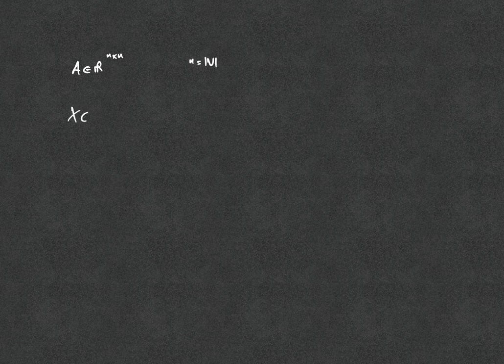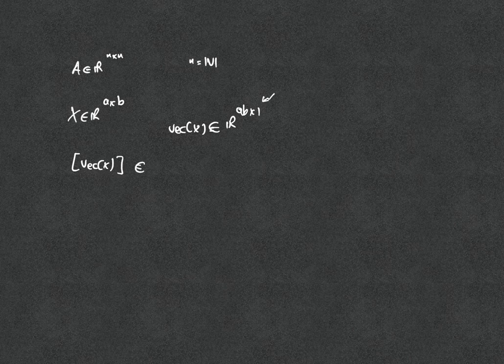In the actual article, this notation is used. If X is a matrix like this, vec of X is this way of reshaping it. And this one, you can consider it a D, but it doesn't really matter at this point. And then the bracket applied on vec of X is basically reshaping it back to this. Now, if you consider a general linear operator from n by n to R, L could be represented as 1 by n2. Now, when is this invariant? It is invariant if and only if